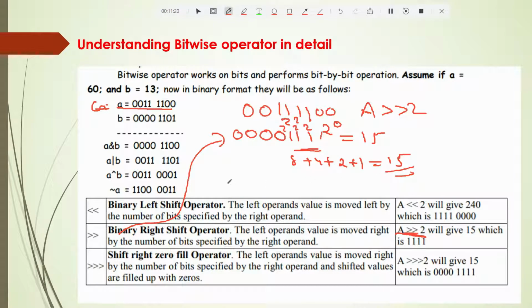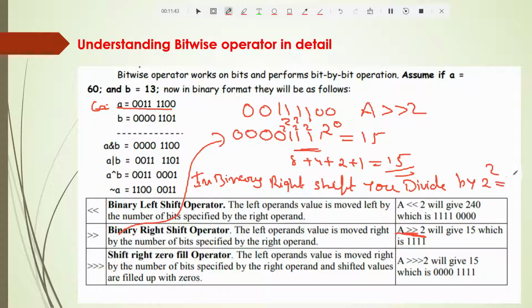So what is happening here? In binary right shift, you divide. You divide by 2 to the power 2, that is nothing but 4.